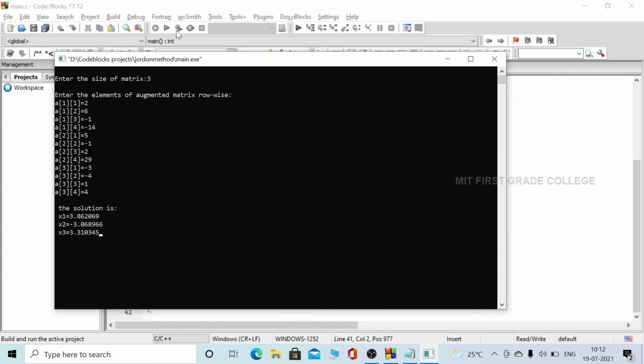So here the solution: x1 is equal to 3.862069, x2 is equal to minus 3.068966, and x3 is equal to 3.310346. So this is how we'll be solving the Gauss-Jordan method.